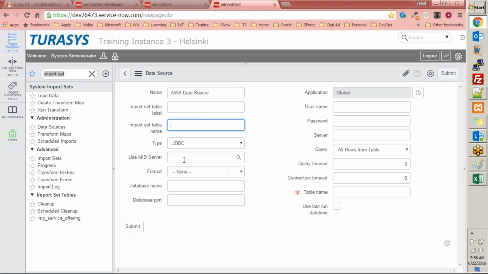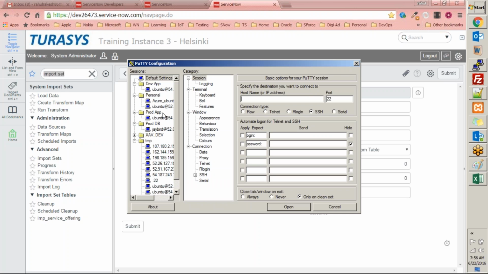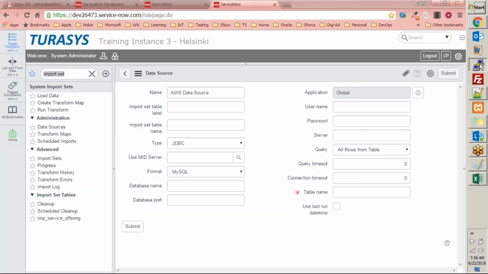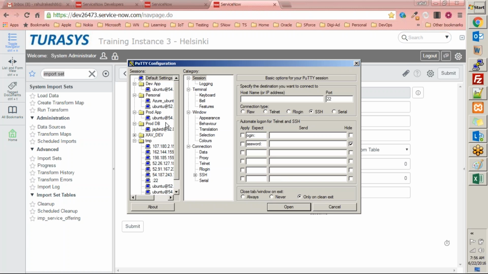And then I'm not going to use mid server purposefully right now. I'm going to pick format as, see, I can pick Oracle, SQL Server, or MySQL. Right now, the database that I have is MySQL, so I'm going to pick MySQL here. And before I do that,